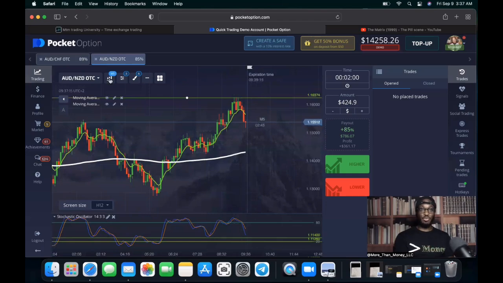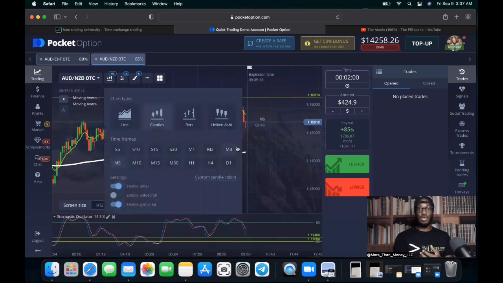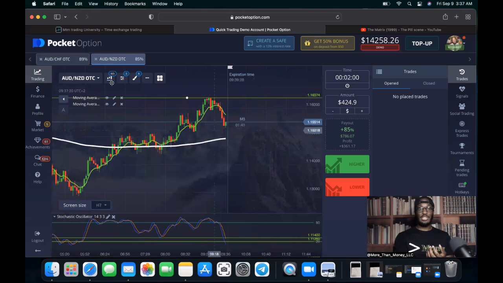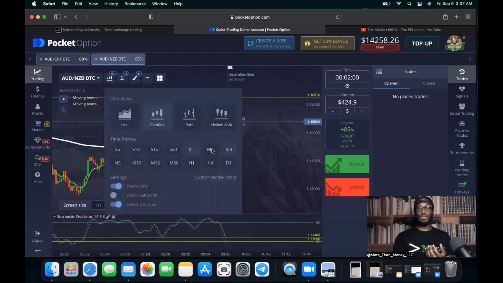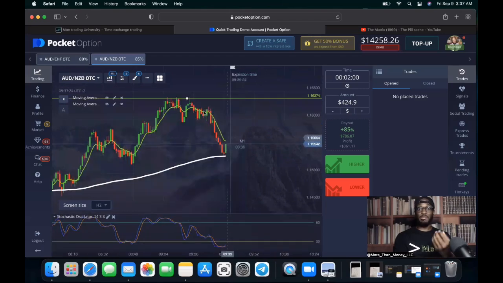Now, I like the distance that it is away from there. I'm not too worried about that, but I am somewhat concerned with what I see on the 3. It's not far away from it. And what I see on the 1, it's not far away from it. And look at what it looks like on the 1. The EMA is now controlling price.